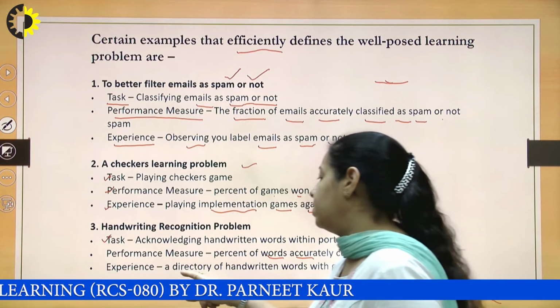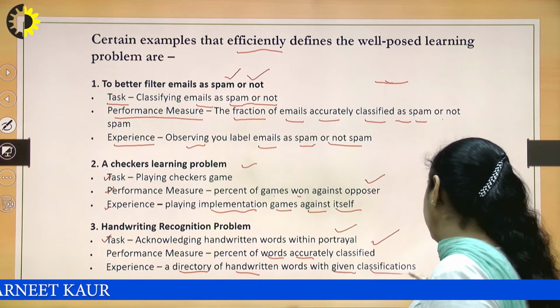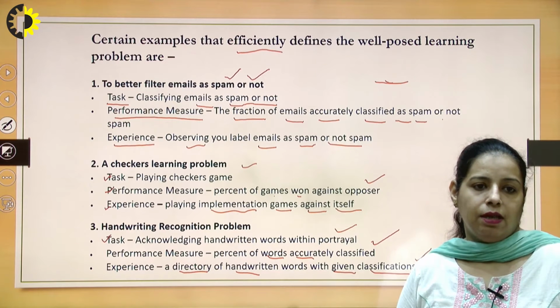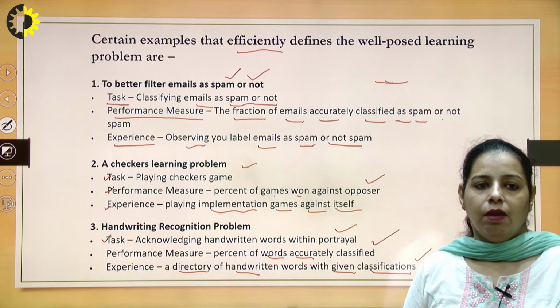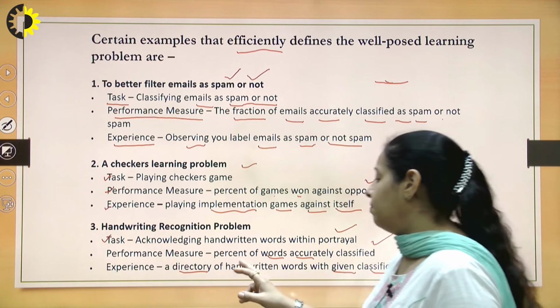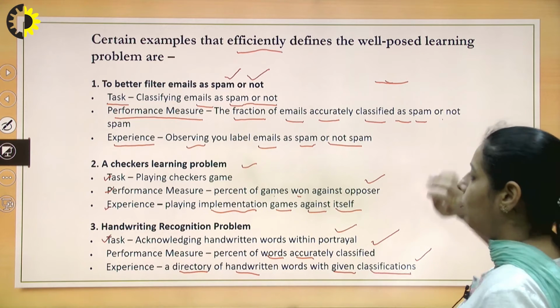And the experience which we gather is a database of handwritten words with given classifications. So that experience is the database of handwritten words which are classified. So these are some of the common problems